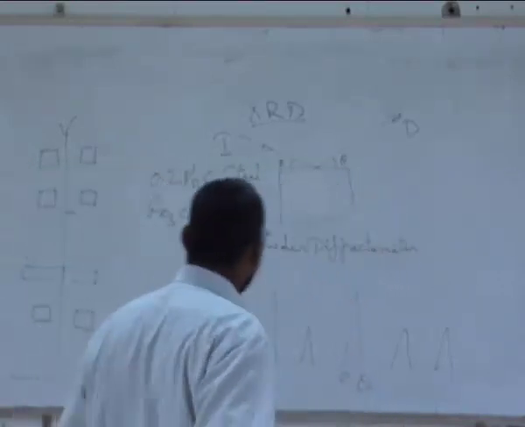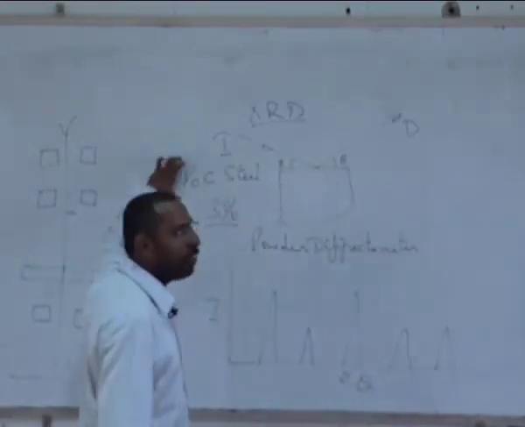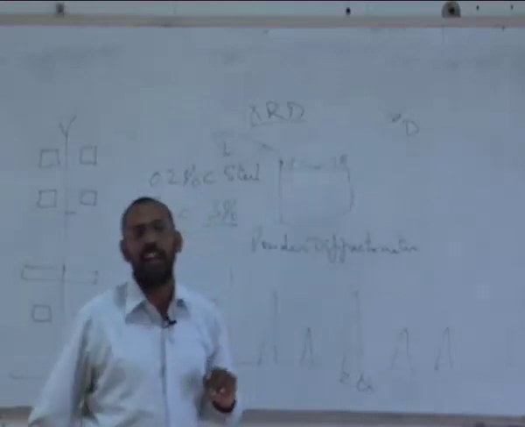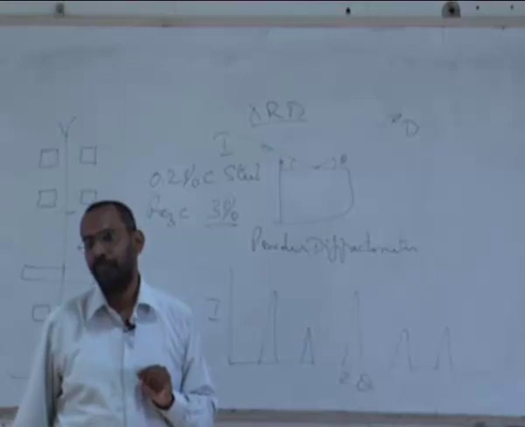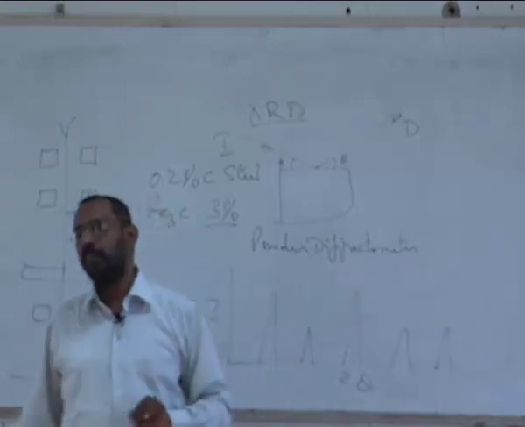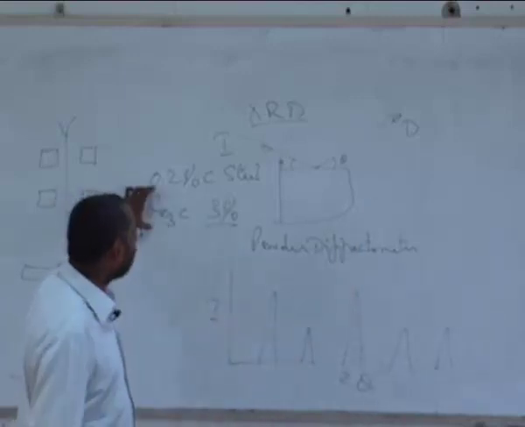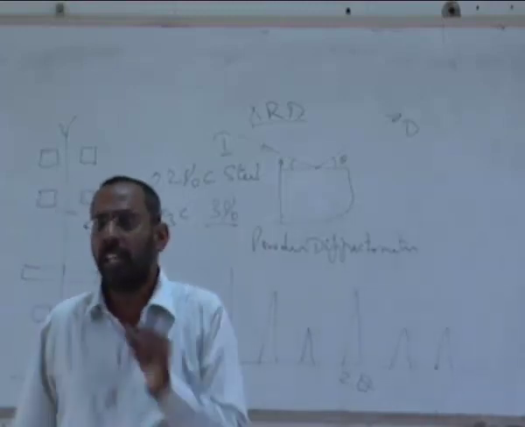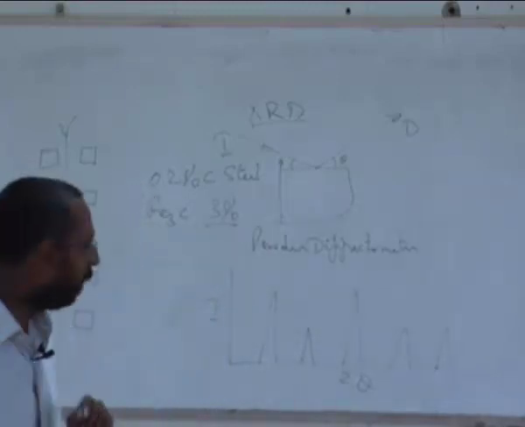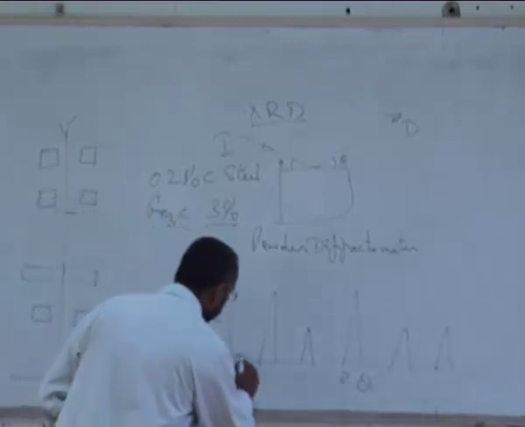And as a result, if I take such a 0.2% carbon steel, subject it to X-ray diffraction, I will only get peaks of iron, which are all peaks of ferrite, BCC ferrite. But the peaks of Fe3C, which is supposed to be there inside the material, I will see them as very, very small peaks, which almost get merged into a background noise.